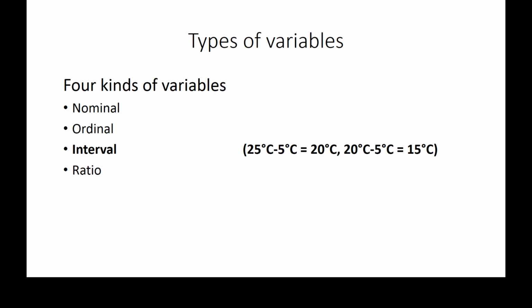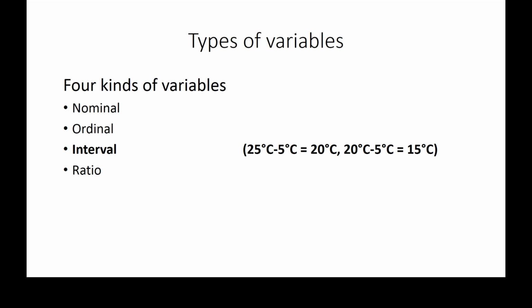Okay, moving to interval variables, they have an order and the distance between categories is evenly spaced. So now we're getting somewhere interesting. Take, for example, temperature. 25 degrees is 5 degrees more than 20 degrees, and 20 degrees is 5 degrees more than 15 degrees. Now taking the mean is meaningful. The mean temperature on Earth, for example, is a number we hear about all the time, at least if we read the newspaper sometimes. Still, taking ratios is not meaningful. It doesn't make sense to say that 20 degrees is twice as hot as 10 degrees.